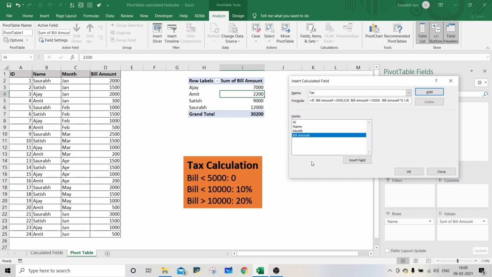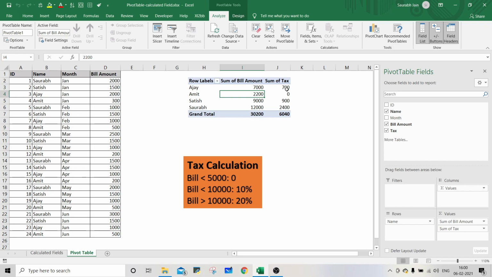And as per the third condition, if bill amount is greater than 10,000, the tax value will be 20% of bill amount. Close all the three if statements. Click on the add button, click OK, and the tax is added in the pivot table.